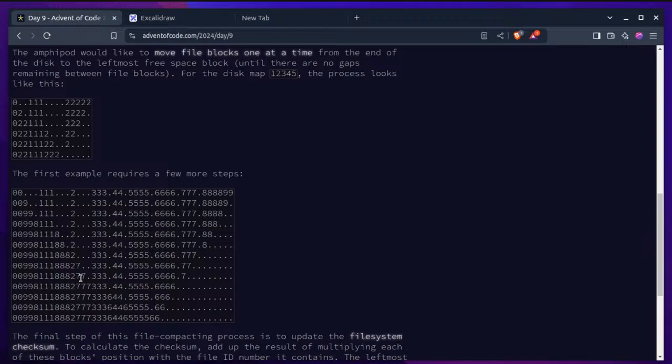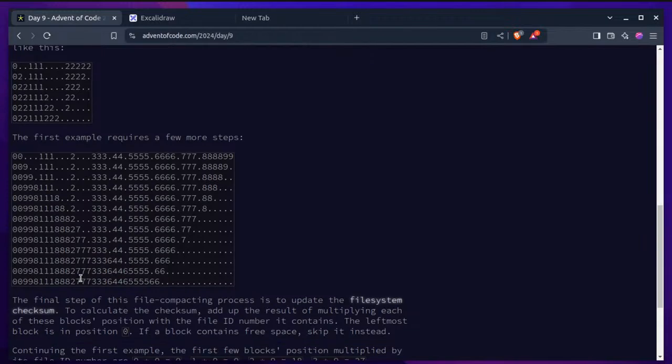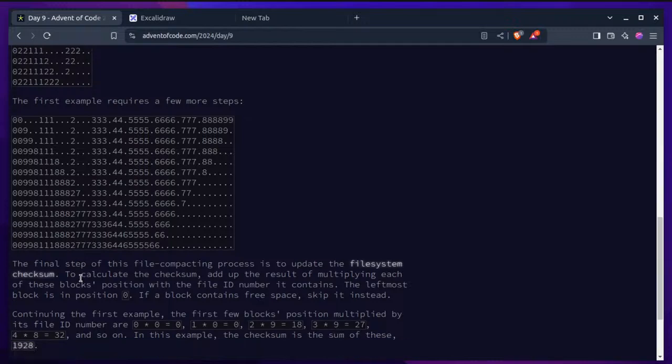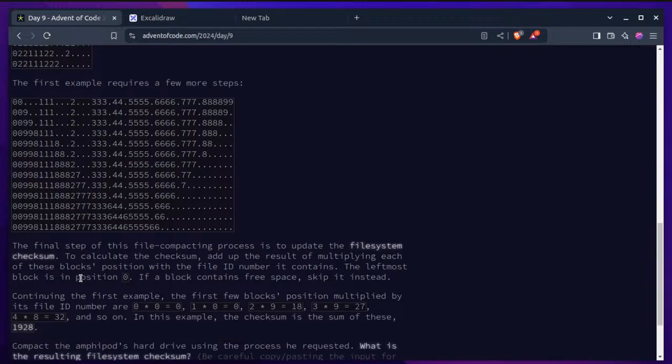The final step of this file compacting process is to update the file system checksum. To calculate the checksum, add up the result of multiplying each of these blocks' position with the file ID number it contains. The leftmost block is in position 0. If a block contains free space, skip it instead. Okay, but there won't be free space in the compacted result. Continuing the first example, the first few blocks' position multiplied by its file ID number are 0 times 0, 1 times